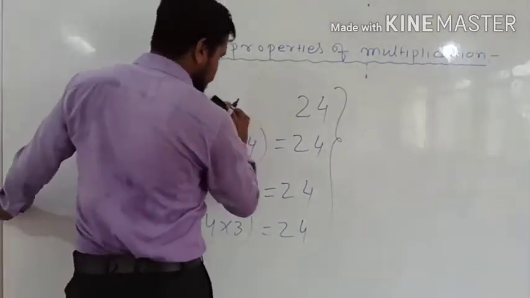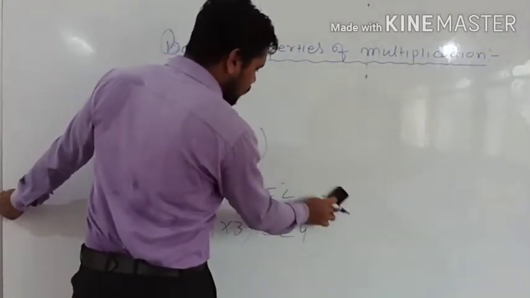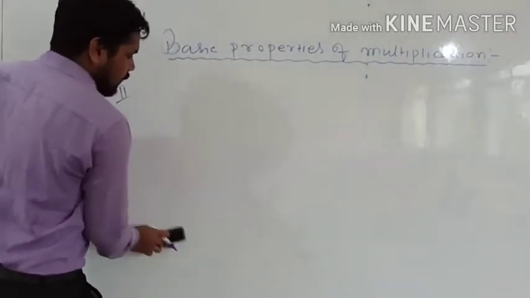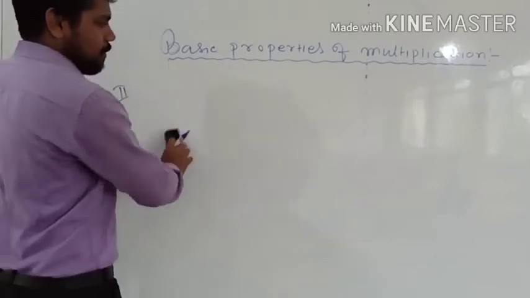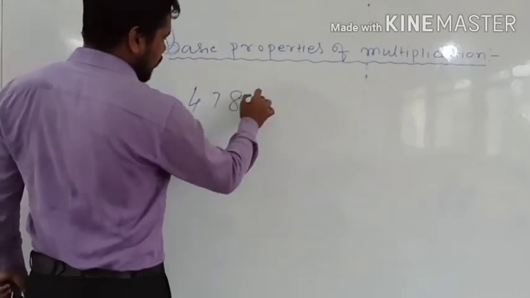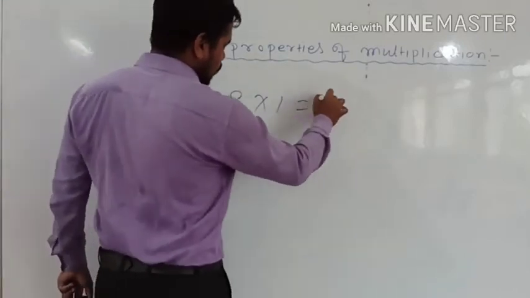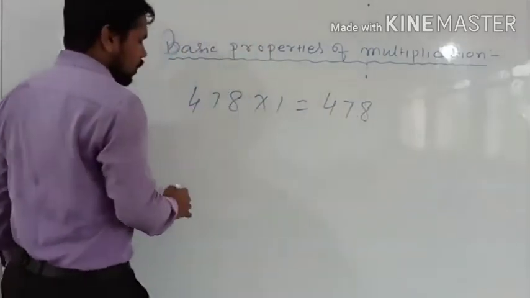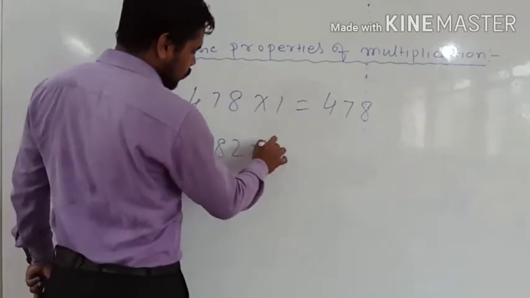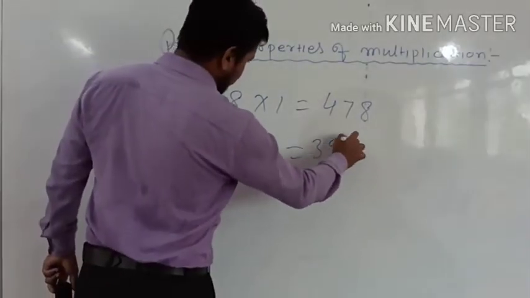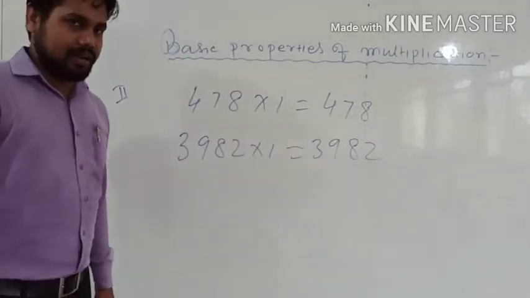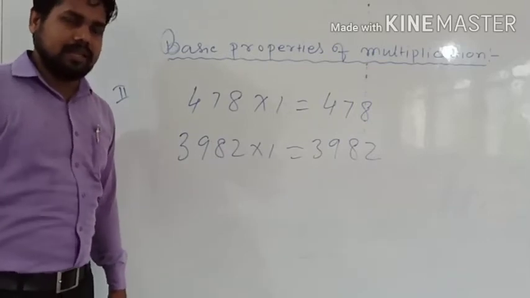प्रॉपर्टी नंबर 3 इज वेरी सिंपल एंड वेरी इजी, that whenever you are multiplying any number by 1, then the sum or the product is the same number itself. तो अगर आप 478 को मल्टीप्लाई करते हो 1 से, so आंसर विल बी ऑलवेज 478 ओनली. अगर आप 3982 को मल्टीप्लाई करते हो 1 से, so आंसर विल बी 3982 ओनली. This is the third property of multiplication, that if you multiply any number by 1, then the result will be